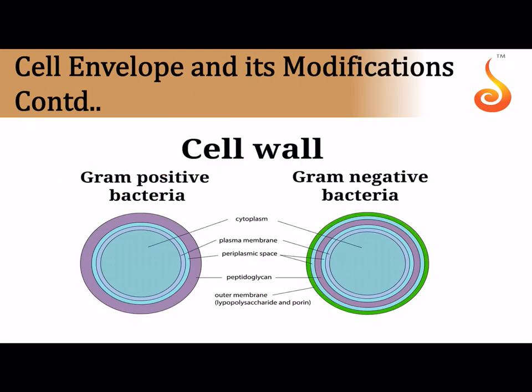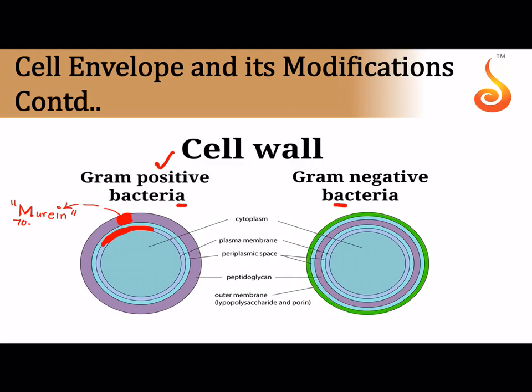Now, depending upon the cell wall type, we can classify bacteria into gram positive and gram negative bacteria. Now notice the difference in the cell wall, all of you. This is the cell membrane, that is the plasma membrane of the cell. Outside the plasma membrane you can see a very thick cell wall, and this is found in the case of gram positive bacteria. Gram positive bacteria has a very thick cell wall, and this cell wall is made up of a special substance that is referred to as murein or mucopeptide, or it is also referred to as peptidoglycan.